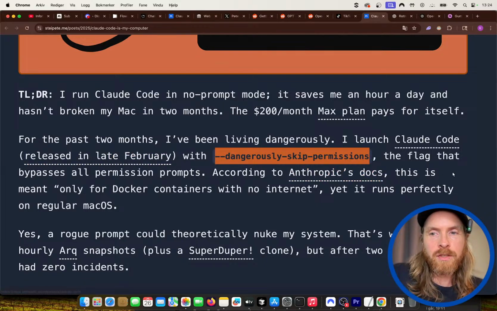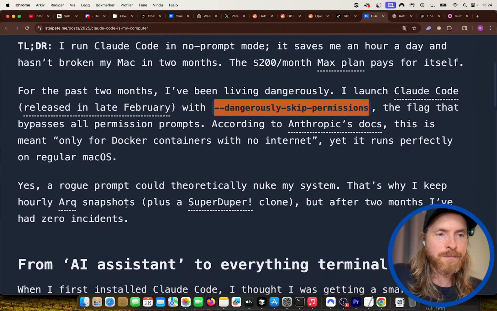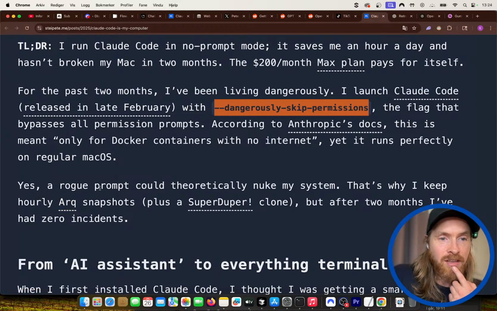According to Anthropic's docs, this is meant only for Docker containers with no internet, and yet it runs perfectly fine on macOS. So yes, a rogue prompt could theoretically nuke my system. That's why I keep hourly Arq snapshots plus a SuperDuper clone. But after 2 months, I have 0 incidents.